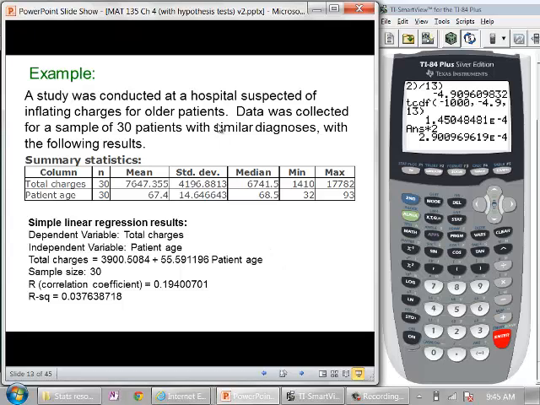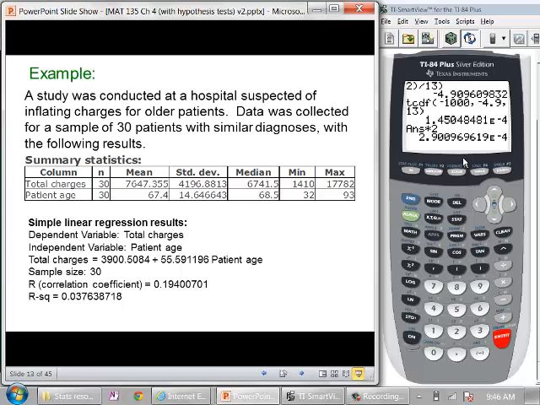Okay, one more example. This one was a study that connected charges for patients with their age. And this was a hospital that was suspected of inflating charges for older patients. So the question is whether the charges went up as the age went up. And this one was put into StatCrunch. There's a StatCrunch linear regression procedure that will give you everything that you need. So this found the correlation coefficient to be 0.194,